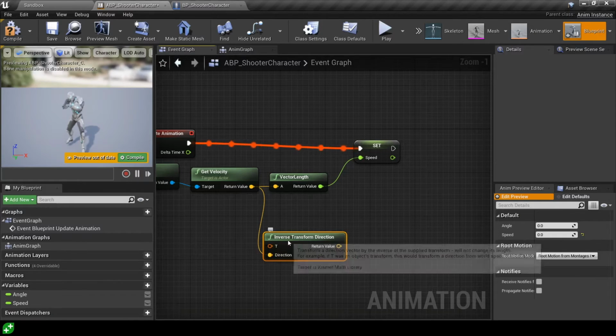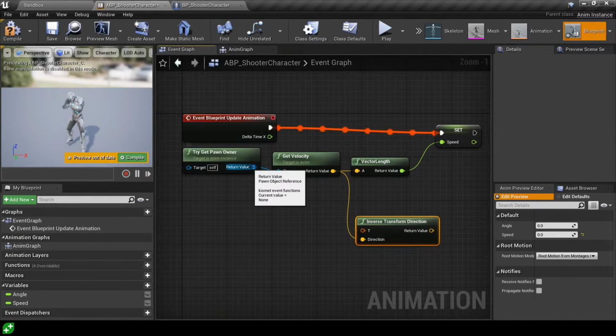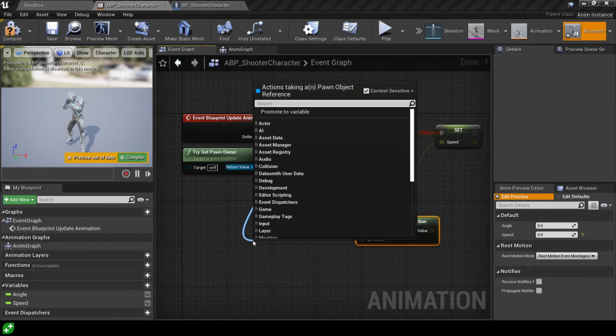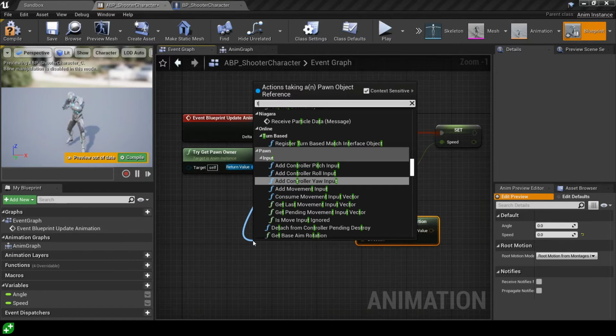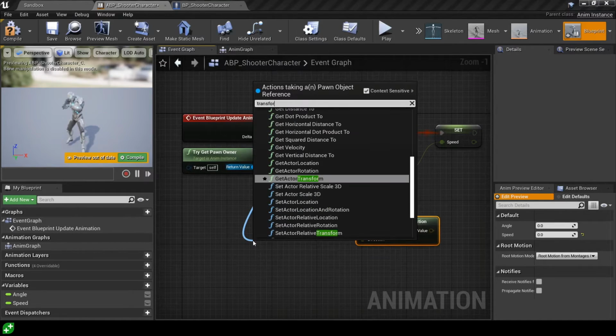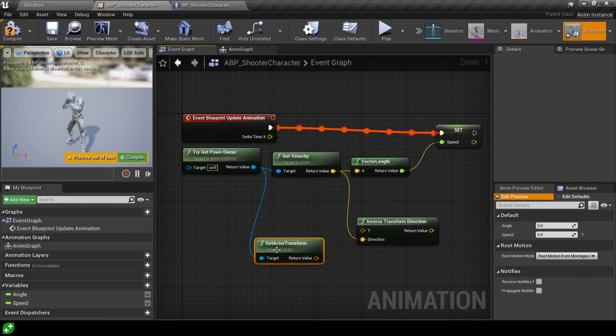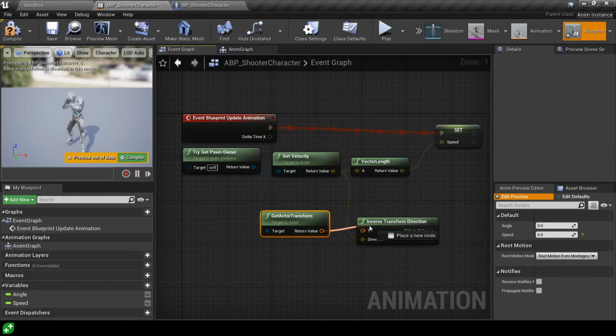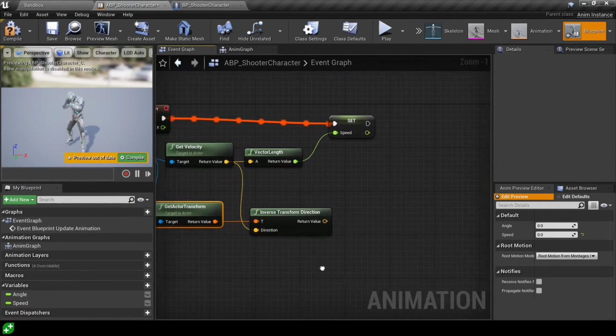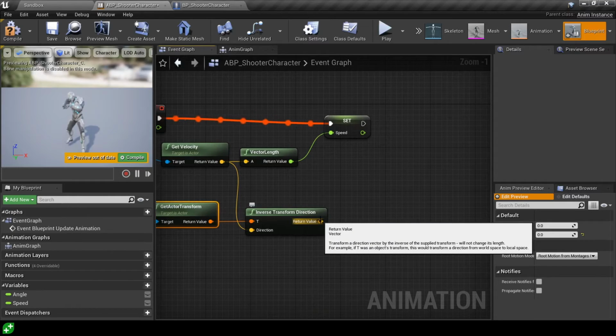We need a transform to rotate it by. We're going to have to get that transform of the pawn itself, of the character. Where is that pawn in the world? So let's go ahead and grab off the pawn owner and look for the transform property, get actor transform, that would be the one. We'll pipe that into our inverse transform direction,